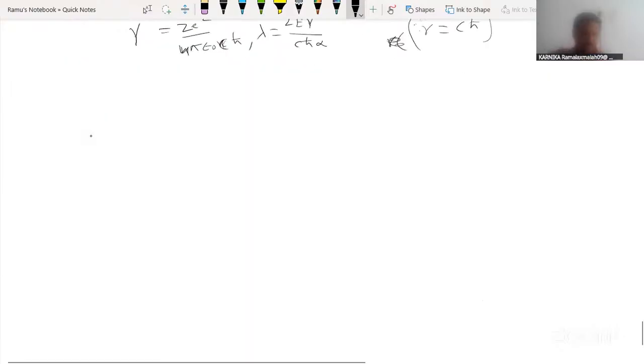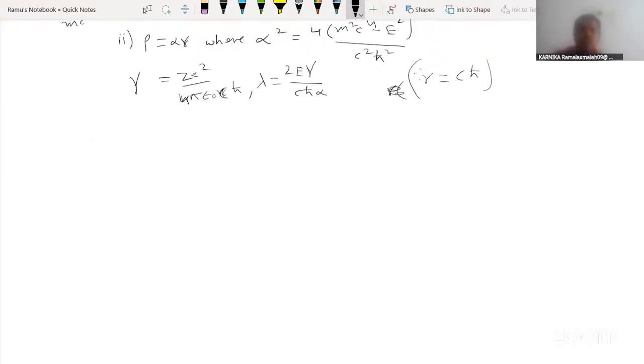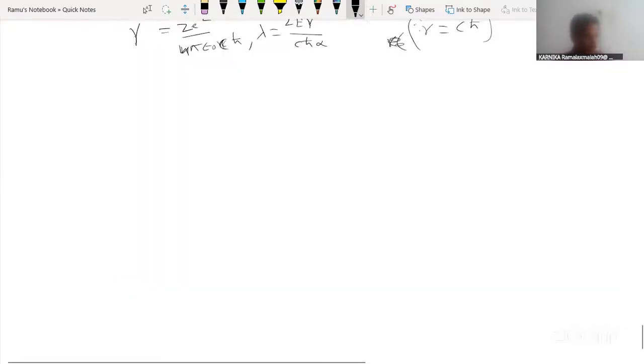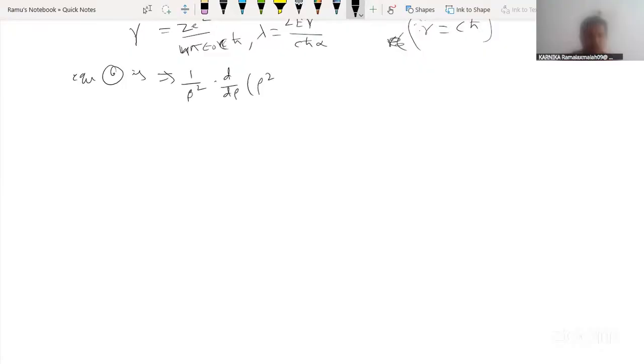Then equation 6 is 1 by gamma square into d by d rho into rho square into dr by d rho